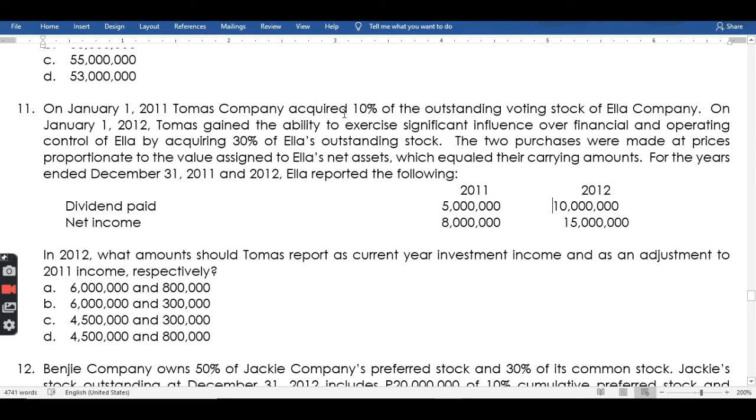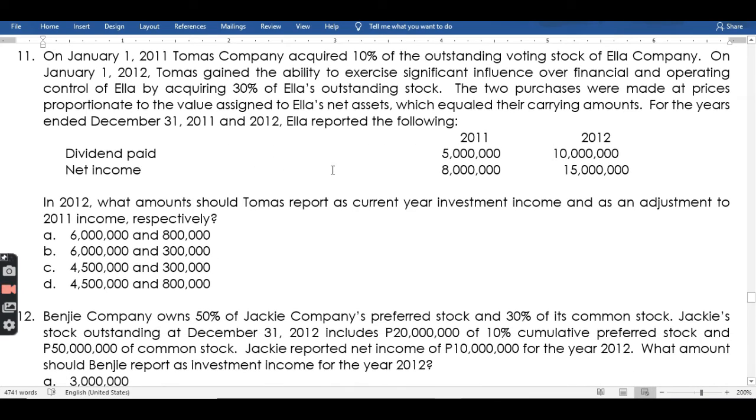Thomas Company acquired 10% of the outstanding voting rights of Ella Company on January 1. Tapos nag-gain siya ng ability to exercise significant influence by acquiring 30% ulit. Kailan to? Noong January 1, 2012. So, ibig sabihin, pumili siya ng 30 pa. So, 40% na yung hawak niya. Okay? The two purchases were made at prices proportionate to the value assigned to Ella's net assets, which equal their carrying amounts. For the years ended December 31,